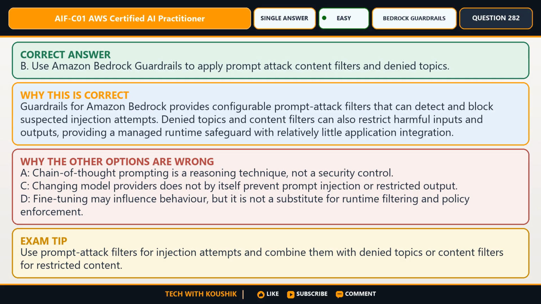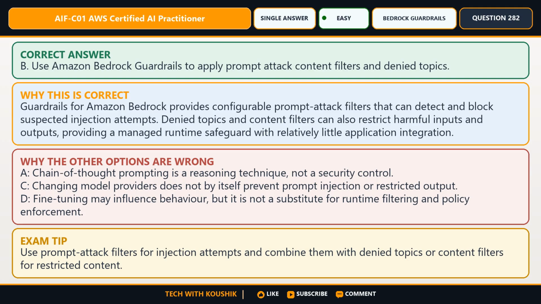The requirement to solution matches guardrails for Amazon Bedrock provides configurable prompt attack filters that can detect and block suspected injection attempts. Denied topics and content filters can also restrict harmful inputs and outputs, providing a managed runtime safeguard with relatively little application integration. Now, eliminate the distractors. A. Chain of thought prompting is a reasoning technique, not a security control.